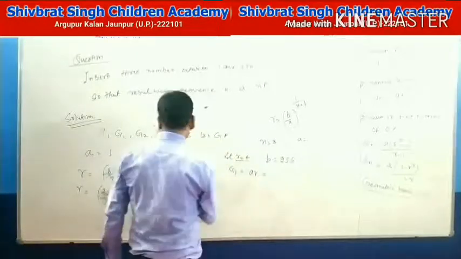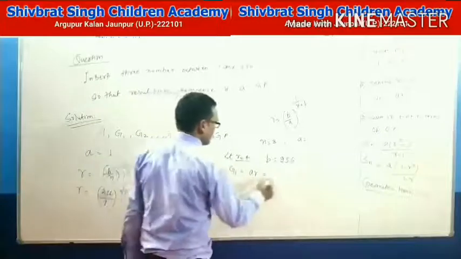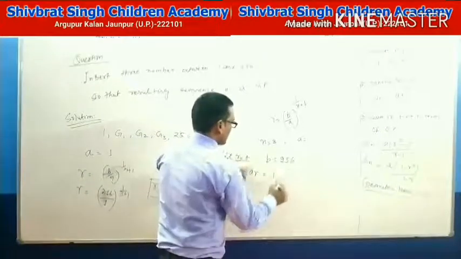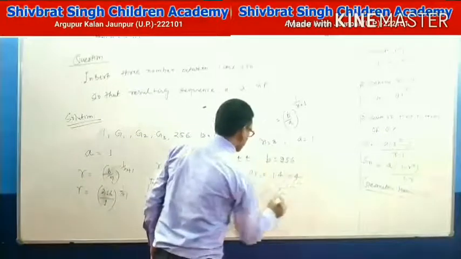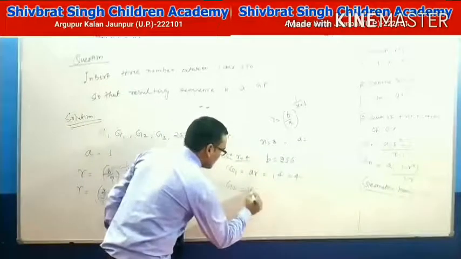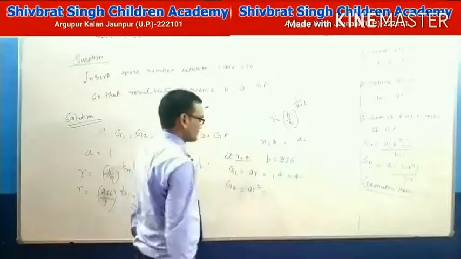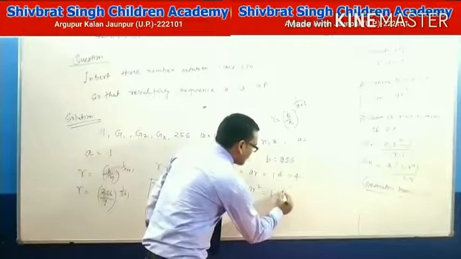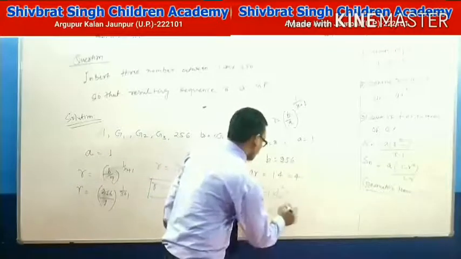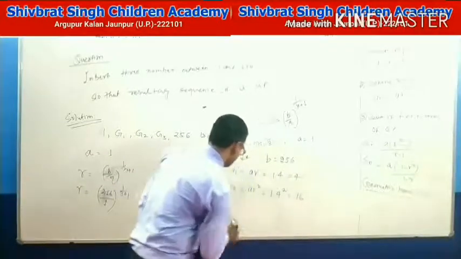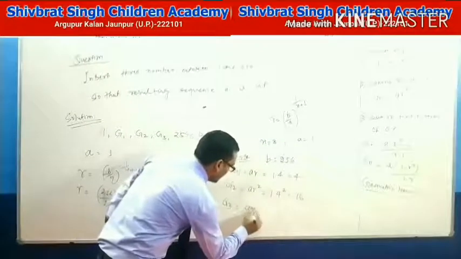Value of A equal to 1, value of R equal to 4, G1 equal to 4. Similarly G2 equal to AR square, 1 into 4 to the power 2, that means 16,